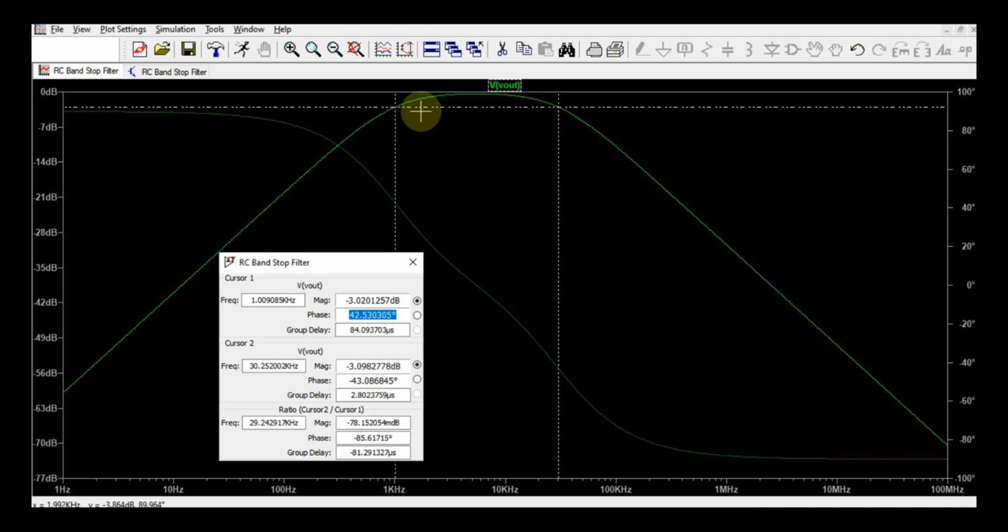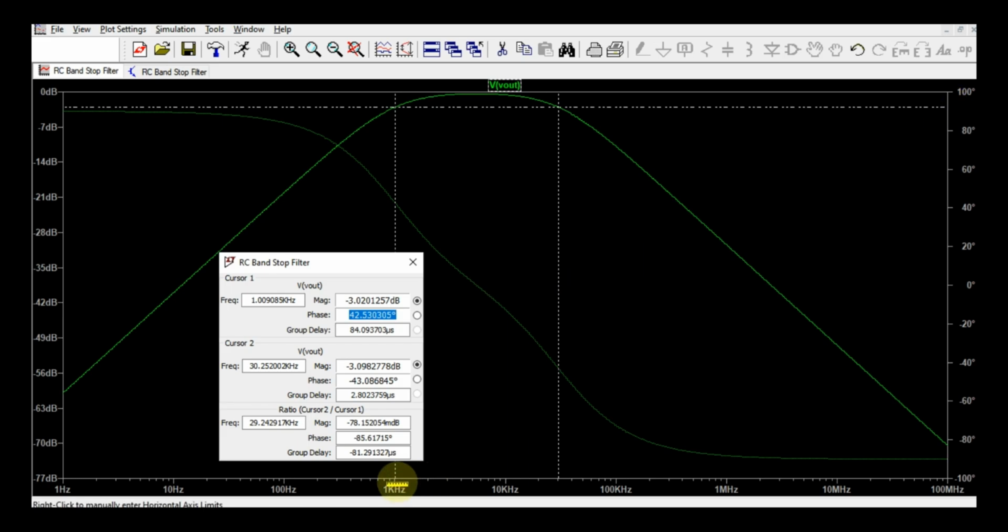That means it is passing frequencies between 1 kilohertz and 30 kilohertz, and you can see your magnitude is almost equal to your maximum magnitude. Okay, so this is pass band,